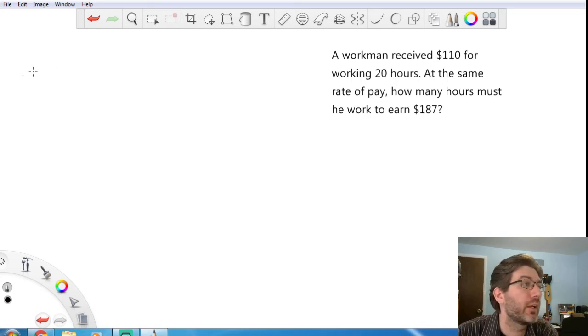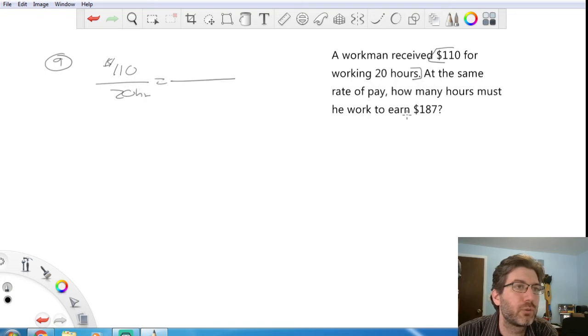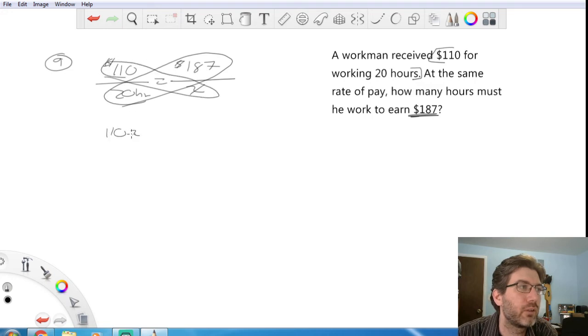Let's see, this is number 9. Number 9 is done the same way as everything else. A woman receives $110 for working 20 hours. There's your original ratio. That's dollars, that's hours. It's going to equal how many hours must she work? Well, that's in dollars, so dollars is on top, over x. Cross multiply and solve for x, you get 110x equals 20 times